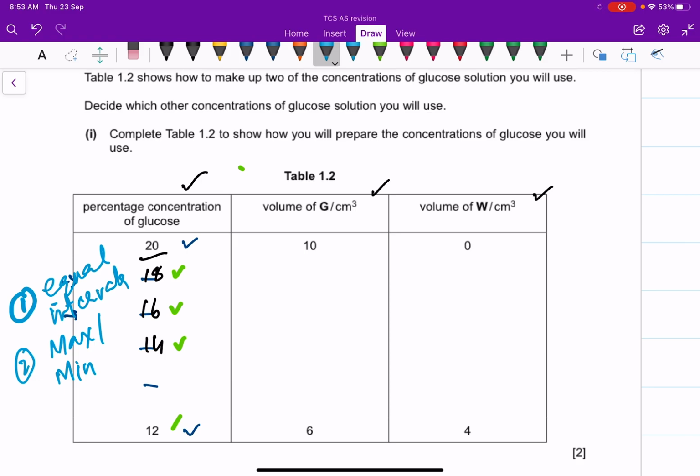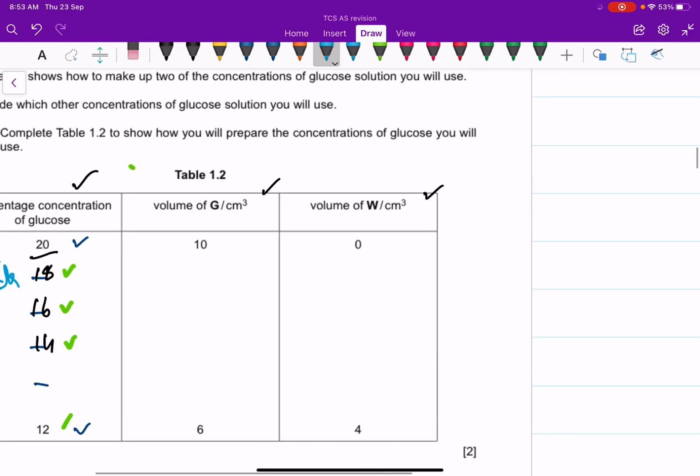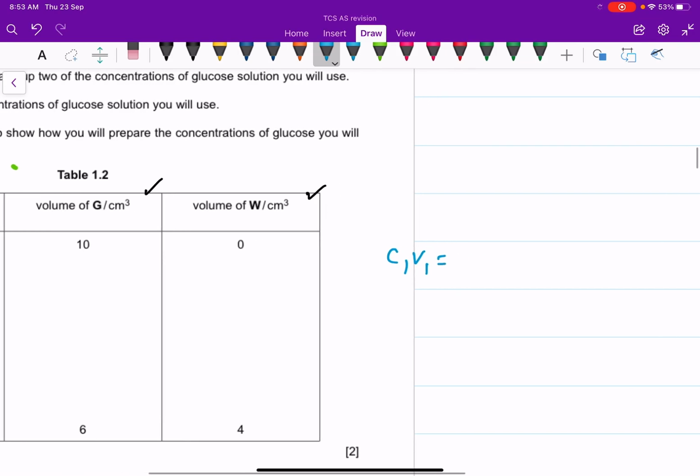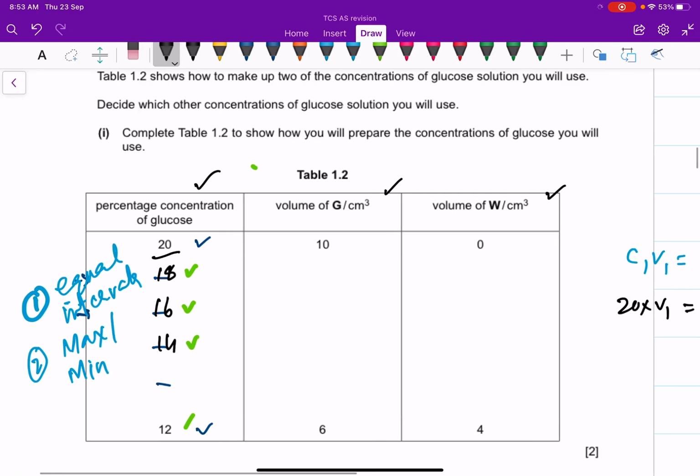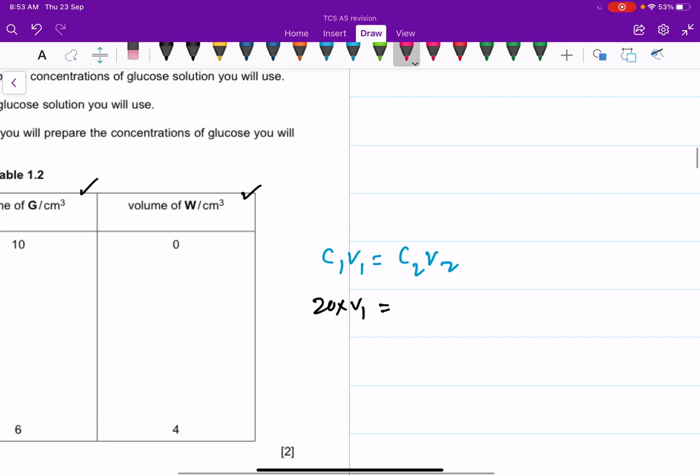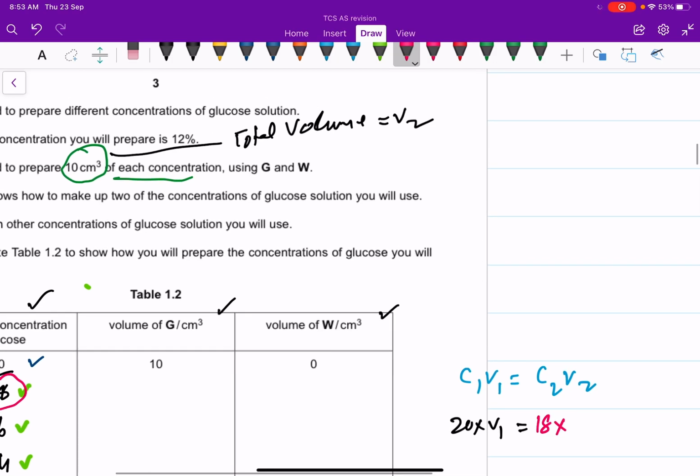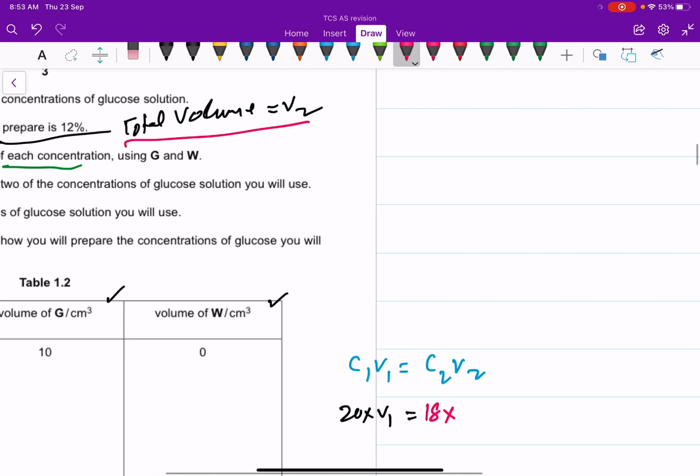Now we have to calculate the volume of G and volume of W that has to be added into it. So we apply a formula: C1 V1 is equal to C2 V2. C1 in this case is 20%, volume we have to calculate. C2 is the concentration that we have to prepare. So for instance, the first concentration that we are going to prepare is 18%, so I will write 18 here. And then total volume that has to be prepared is V2, that we will take from the question, that is 10